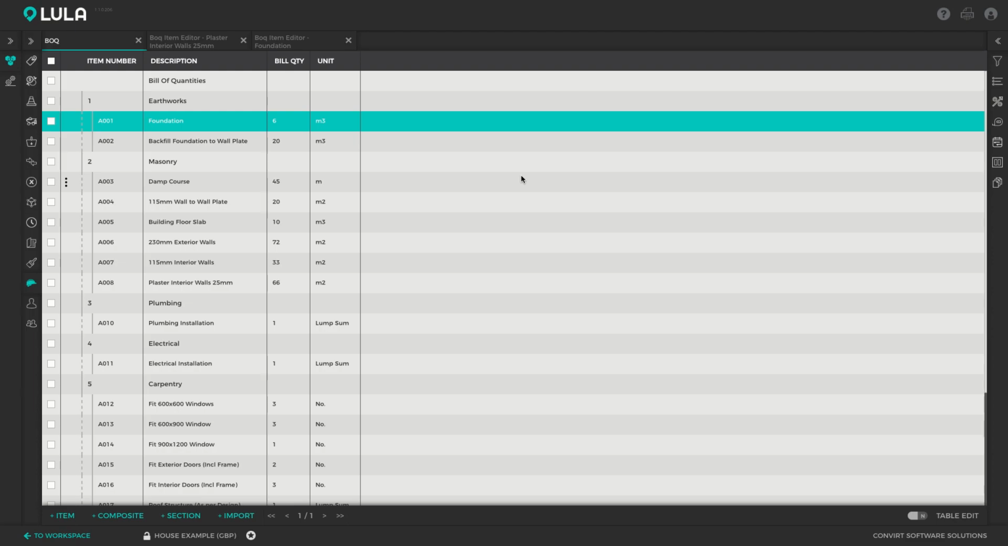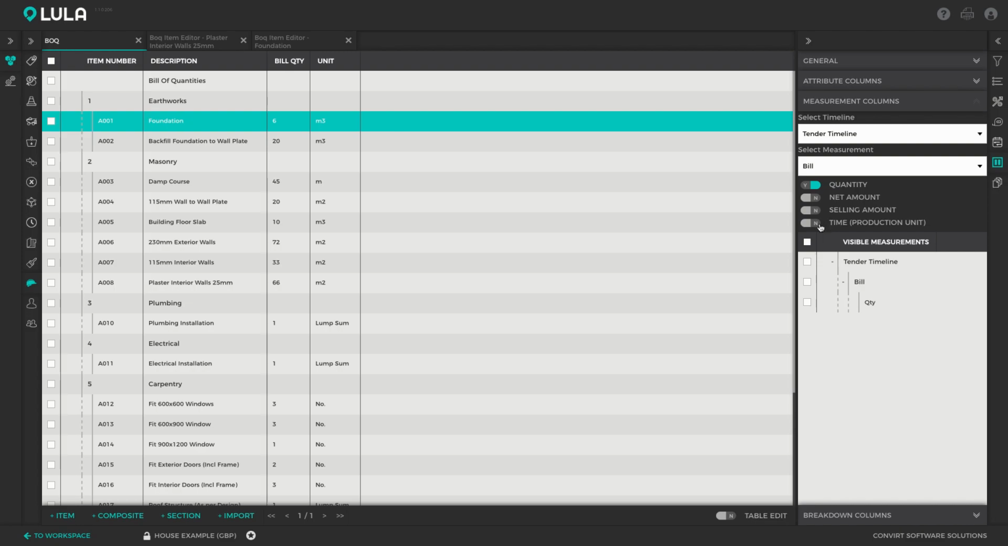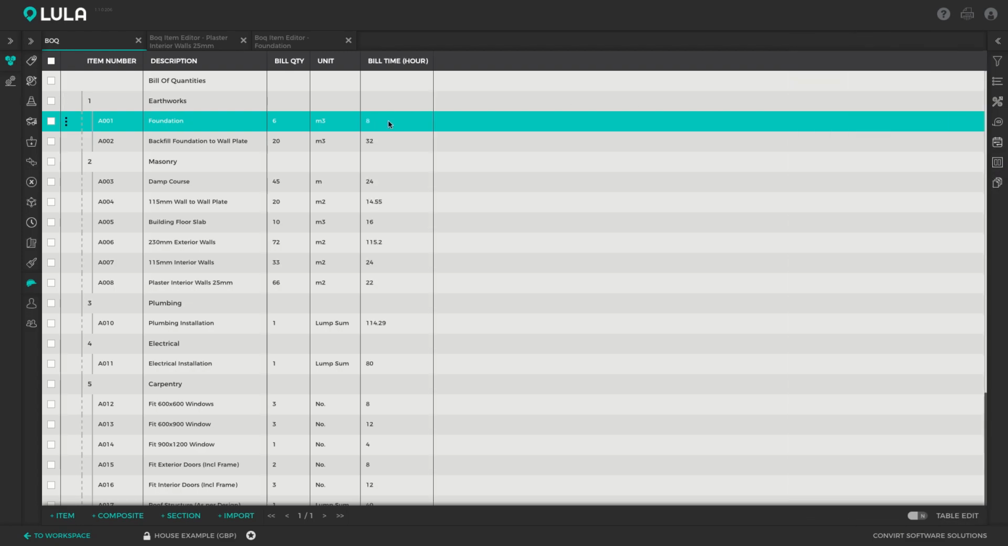Before I do that, I just want to give you some background to explain how Lula Build converts quantities to time. Lula Build can automatically calculate how long you should be spending to process a specific quantity of a build item, and we can view this by opening up the columns tab, switching over to the measurement columns, and switching on the time component of, for example, the bill measurement. So here we can see that it's going to take us 8 hours to process 6 cubes of the foundation,